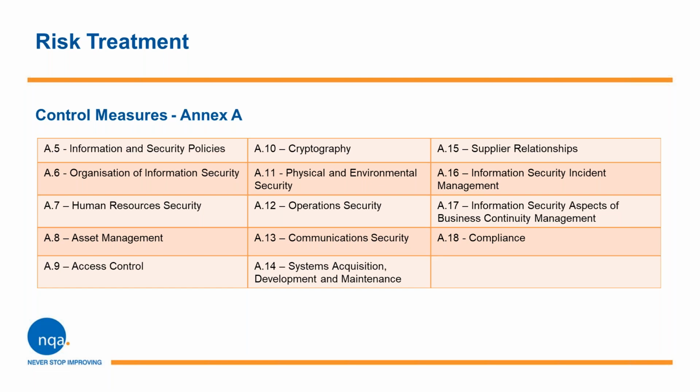A.6, organization of information security, these controls on how the responsibilities are assigned across the business, and also includes the controls for mobile devices and teleworking, which is an increasingly prevalent part of business life. A.7, human resources security, which controls considerations prior to employment, during and after the employment, to ensure that non-disclosure agreements, for example, are reflected in contracts which outlive the stay of the employee within the company.